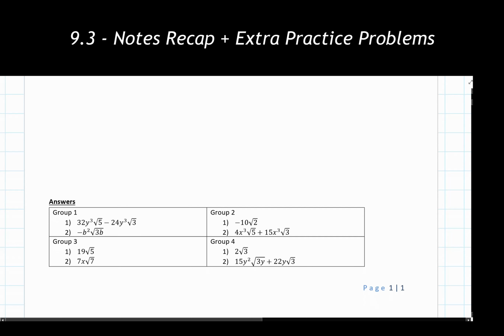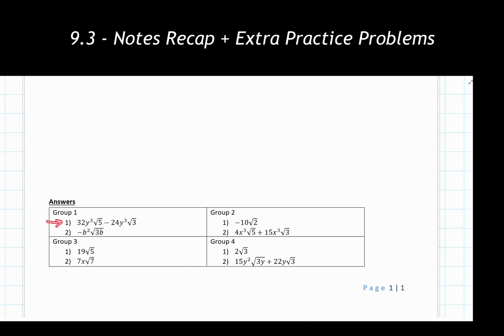So here we have our final answers. Hopefully you are noticing, if you went through them, that a couple of these ones that we have here, we cannot actually add or subtract them together. They have to stay separated. And again, that comes down to the fact that the radicands are different from one another. That does happen on a fairly regular basis. It's not uncommon. It's not that you've missed something, or you aren't doing something, or there's a trick, a gotcha thing that's going on with it. It just happens to be that that's the case with that problem, and that's all that we can do. So that's everything we have for the 9.3 material.